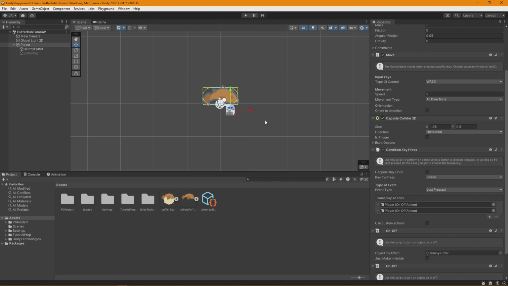If you'd like to have it set up where it turns on whenever you hold down the spacebar, you could also add a second condition, key press released, and set up the same on-off actions. That would have the same effect. Okay, so this is working, but what I really want to do in this tutorial is